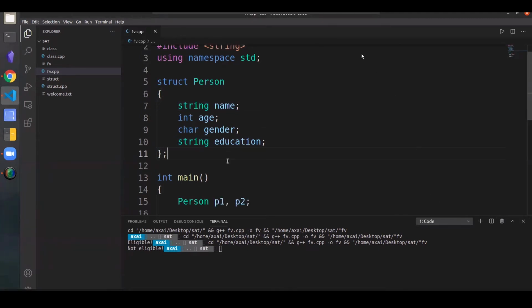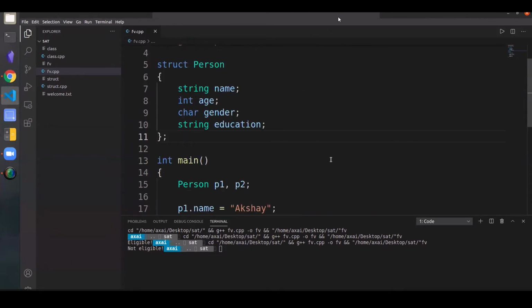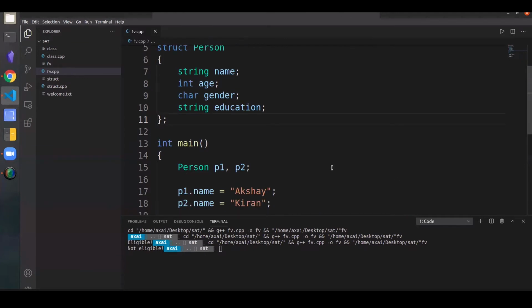I already have a prototype for that person. I know that that person has his own name, has an age, has a gender, and will have an education. So this prototype will remain constant for each and every single person that exists on this planet at the moment. So one doesn't have to worry about the details of that person. All one has to worry about is the details themselves.